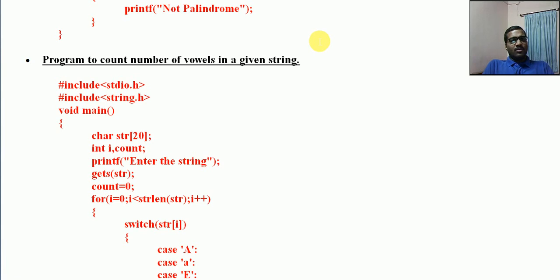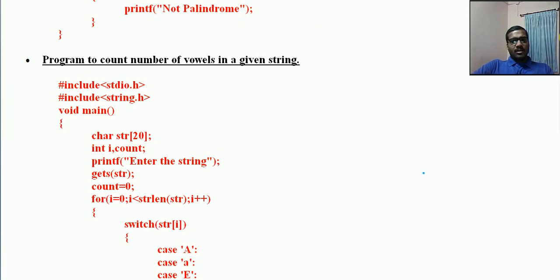So all these categories, or the route towards that logic, can be taken from one simple example. The basic idea will be the same, but depending on the situation, the conditions and the comparisons will vary. So that is to be remembered. But here in this particular case we are only checking for counting the number of vowels. So what is a vowel?